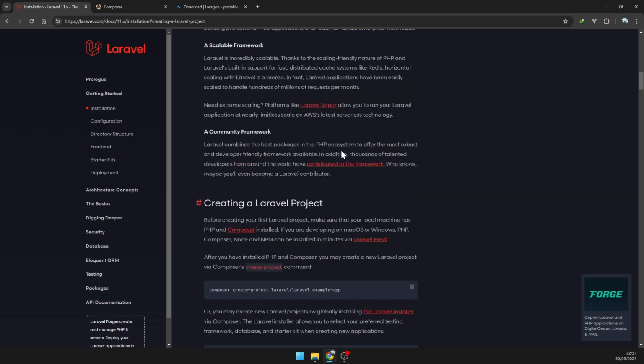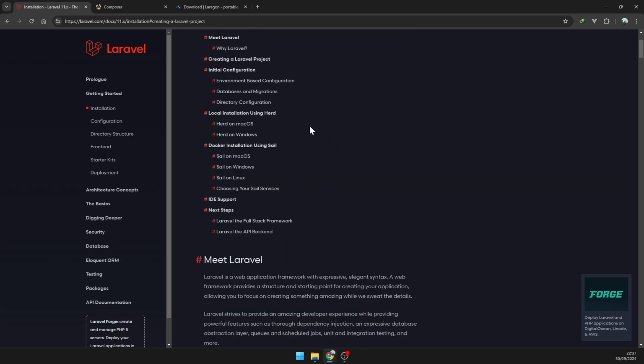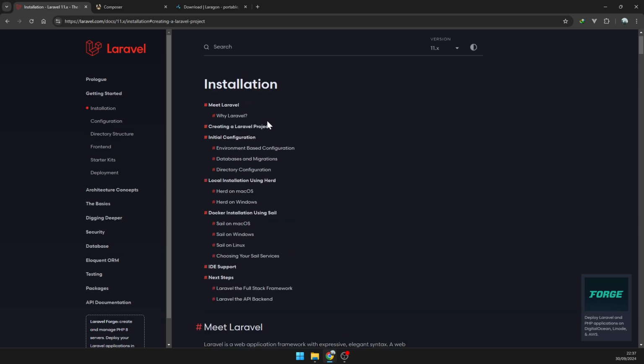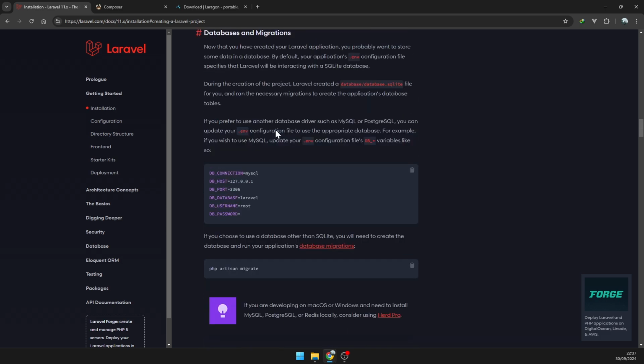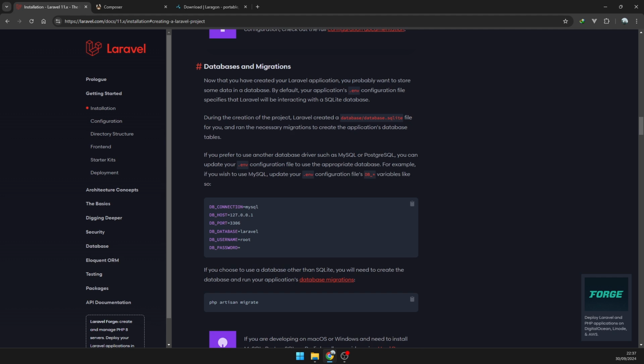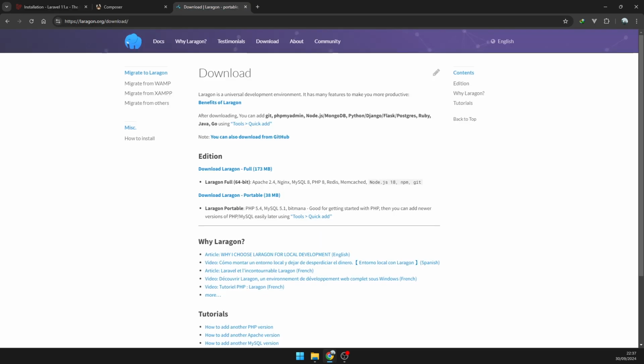Now next, Laravel uses a database. The default database is MySQL or SQLite. When you don't have MySQL yet, you can download Laragon. Why Laragon? Laragon is a universal development environment. It has many features to make you more productive.